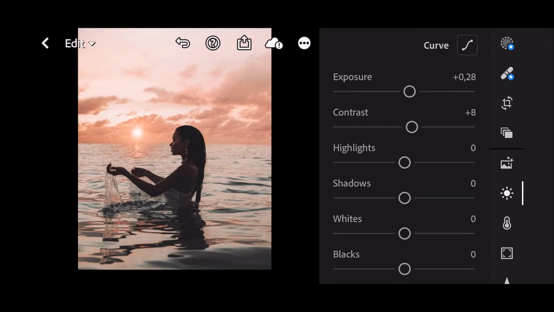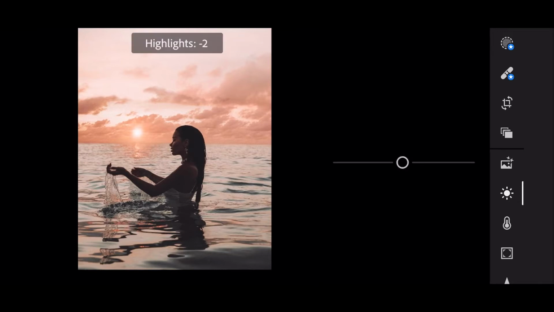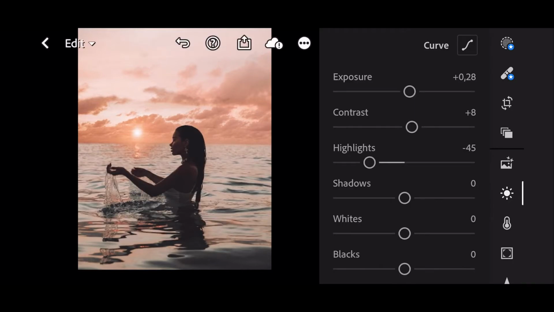Highlights to minus 45. Shadows to plus 23.